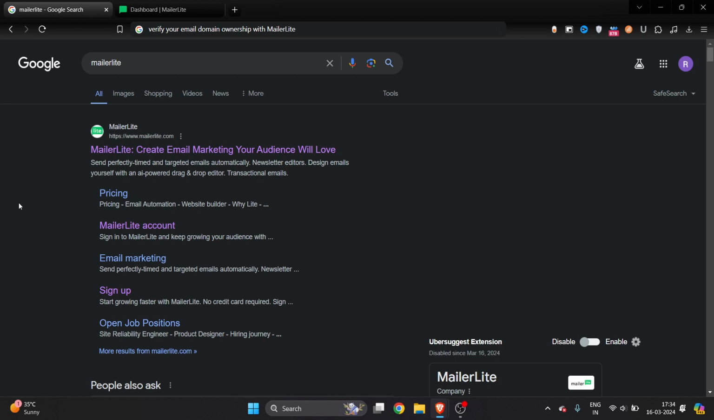How to verify your email domain ownership with Mailerlite. In this short tutorial, I will explain to you in just a few steps how you can verify your email domain ownership with Mailerlite. Right, so first of all, you just have to go to Google and type here Mailerlite